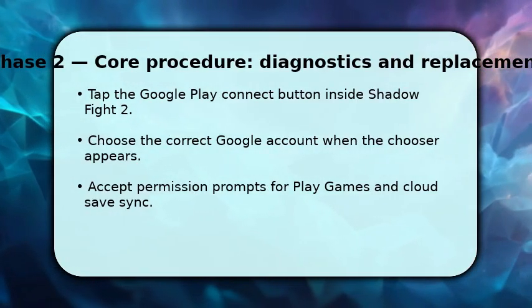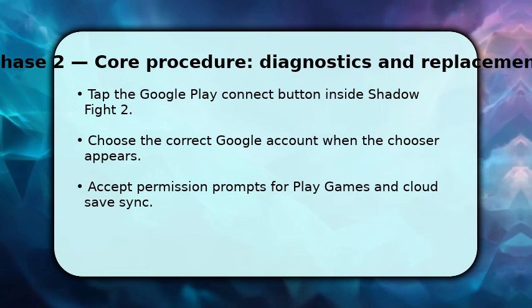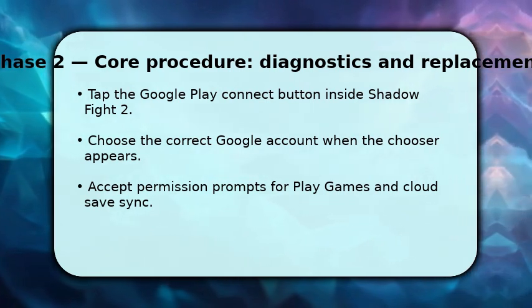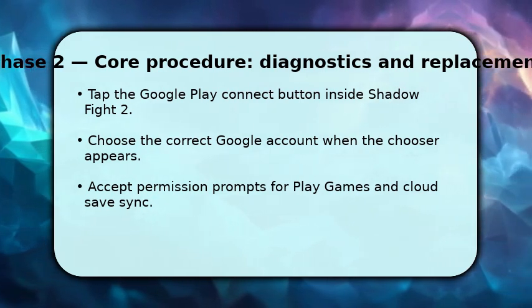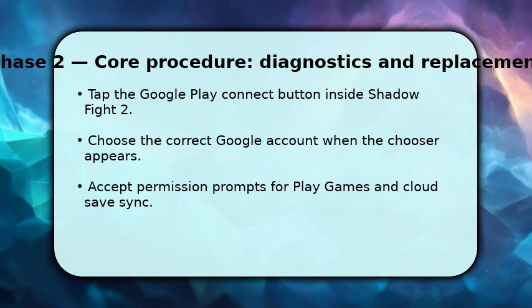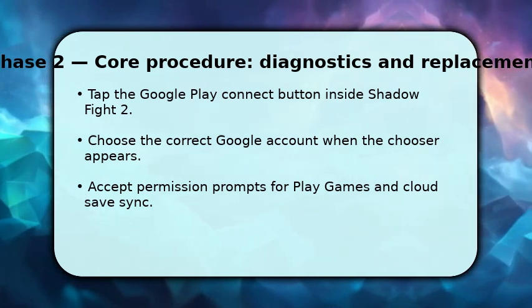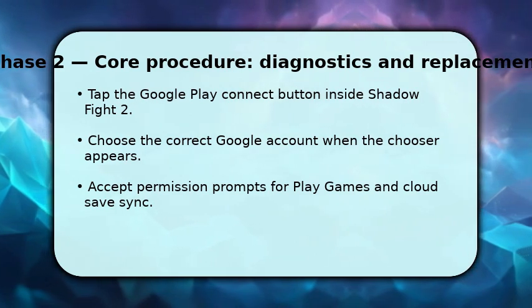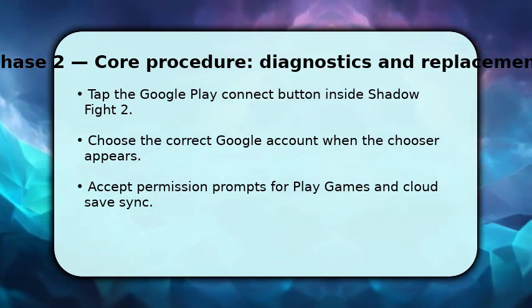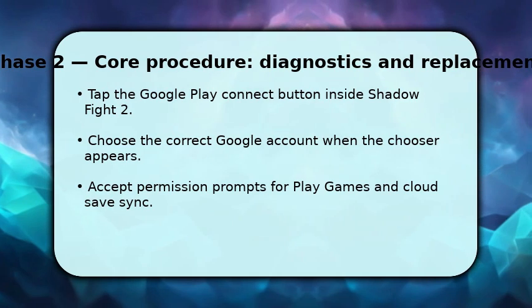You should see consent dialogues for Play Games, cloud save, and basic profile access. Accept them so data can sync. Make sure to watch for multiple dialogues and press Allow each time. If an account isn't listed, add it in device settings and repeat. This middle phase is critical because it authorizes the game to store progress on Google servers, preventing future